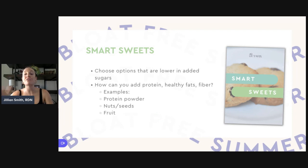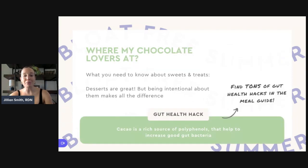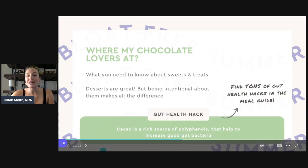So I have a full recipe guide inside of this meal guide all on Smart Sweets. It's basically dessert recipes that are chef's kiss, so delicious, and they include these added nutrients so that they are smarter sweets. So jumping back to this page, I wanted to show you guys inside of this meal guide,